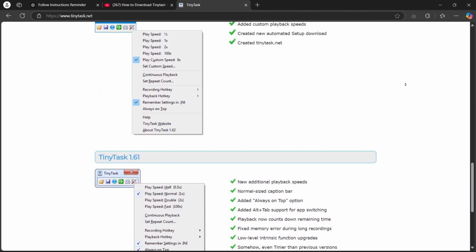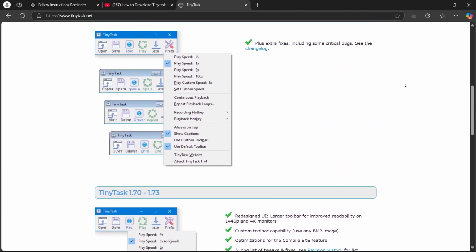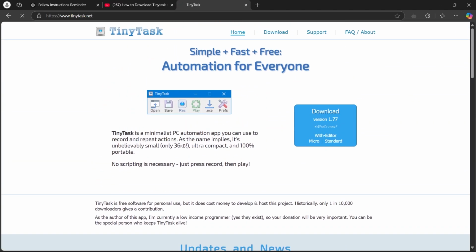So if you're asking if Tinytask can be used on mobile, the direct answer is no. However, you can switch to PC for automation or explore mobile alternatives for a similar